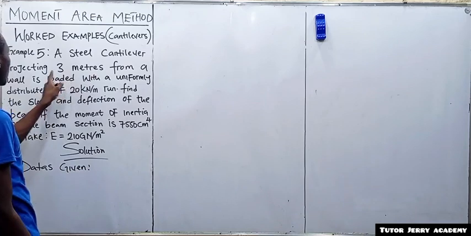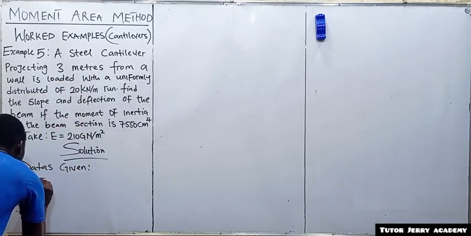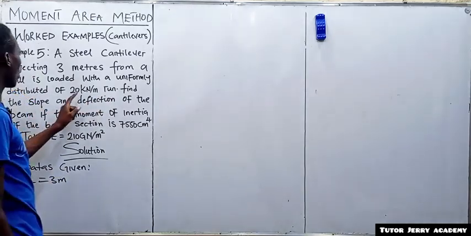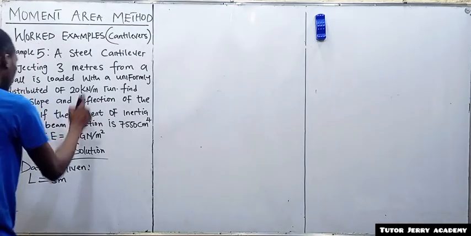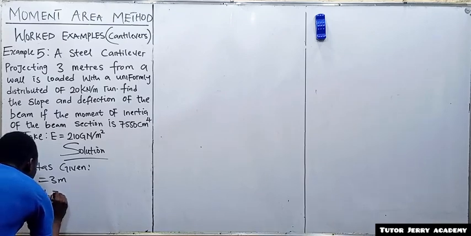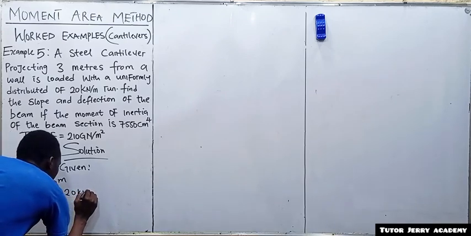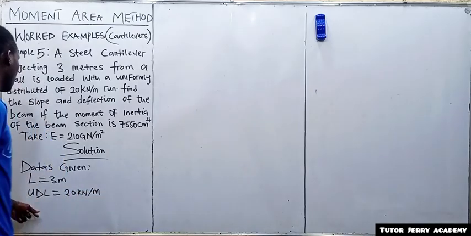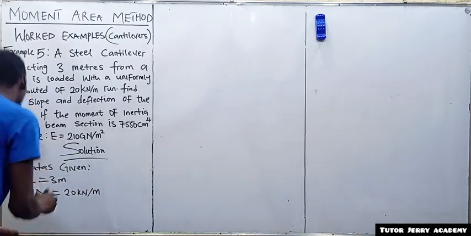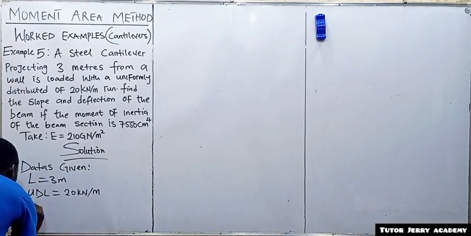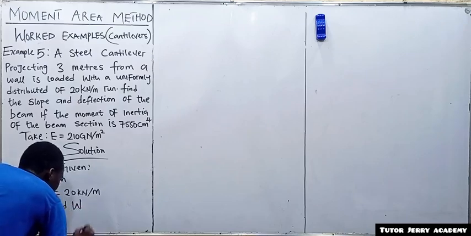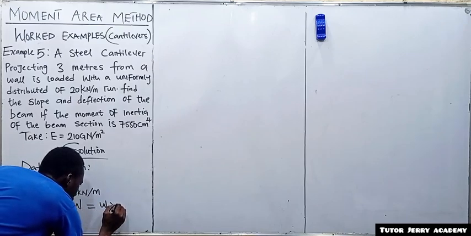First thing first, we have a length of 3 meters, so our length is equal to 3 meters. Then we have a load of 20 kilonewton per meter, so we say our UDL is equal to 20 kilonewton per meter. This is our UDL. It can otherwise be called partial load. So we can say total load,